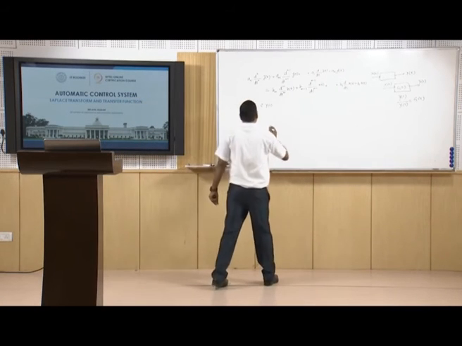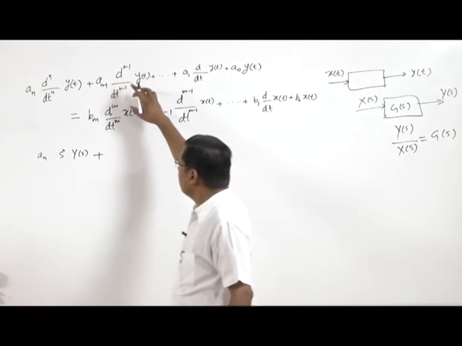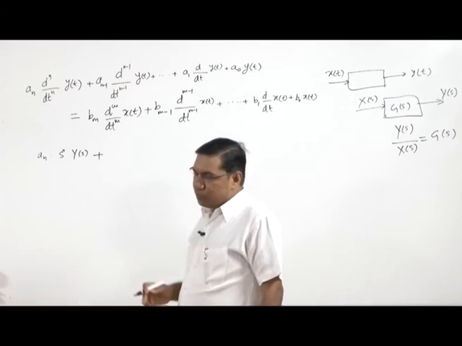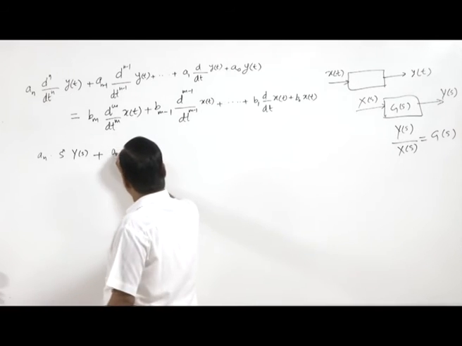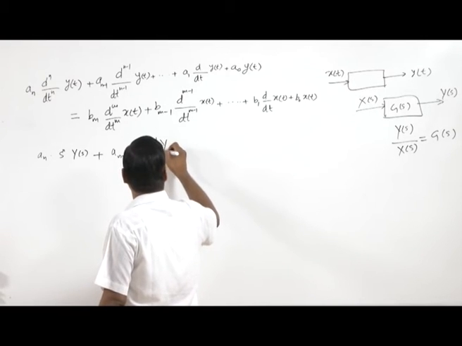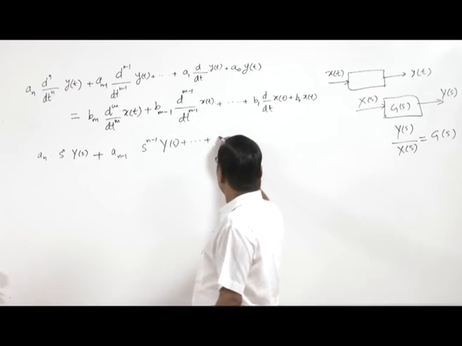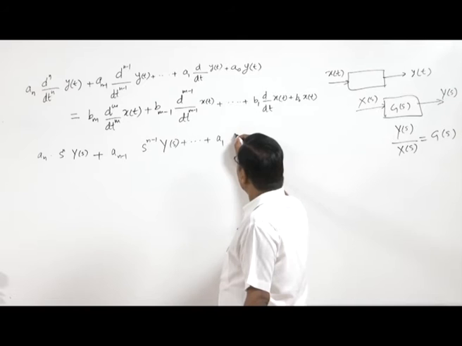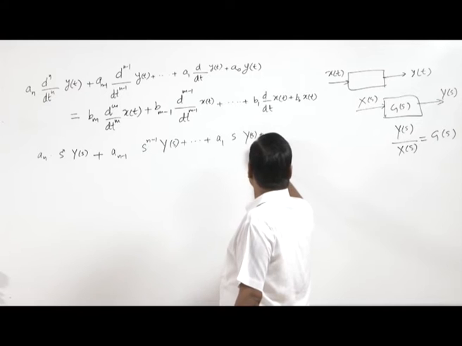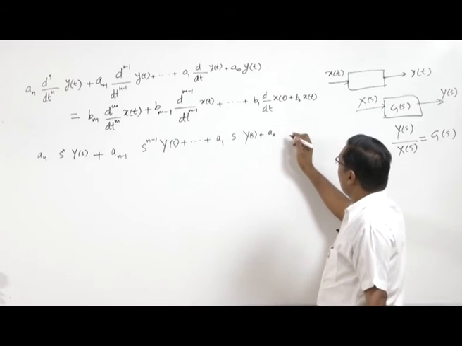Now we come to the next one. So this is a differential term with n minus 1th order. So here we will have s^(n-1) Y(s) plus a1, then here the first order, so s Y(s) plus a0, and this is y(t), so its Laplace transform is Y(s),